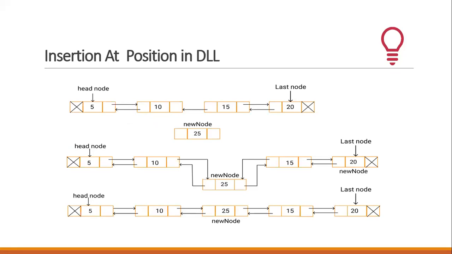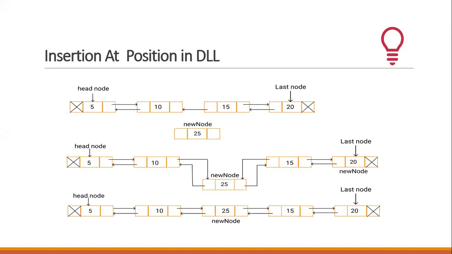Now we are talking about a scenario where we definitely know that the insertion is not going to happen in the beginning or the end, because if insertion is going to happen at the beginning or end, then we have to stick to either the first or the second algorithm that we have seen till now. So here we are clear that the insertion is not happening at the beginning or the end, which means it is happening at a particular position.